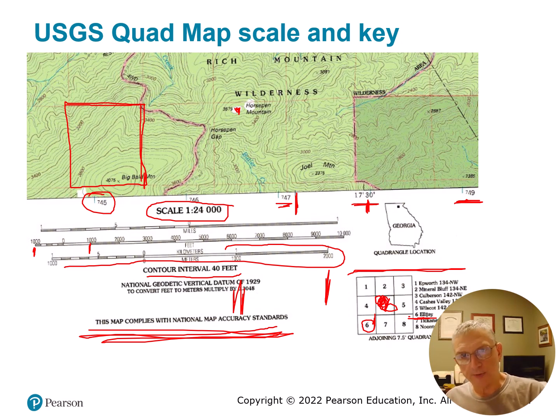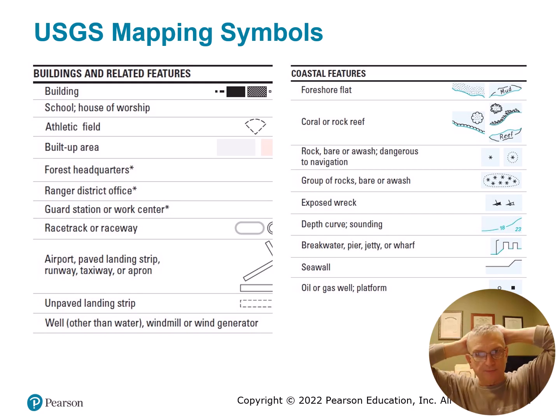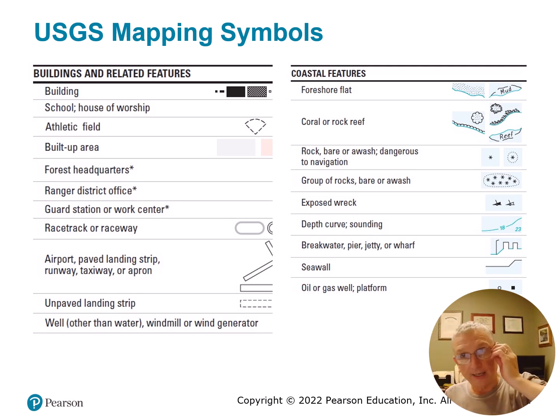Of course, now with GPS capabilities on the fly, mapping skills are a lot less important because it will plot you exactly where you're at. And you can look and zoom in and out and see where you want to go. But it all relates back to the data that started out on a printed map that we're now looking at going down the road. So on maps, cartography is the art of drawing maps, and it is an art. There are systems and things that we look for even on digital maps today that all tie back to the original USGS mapping